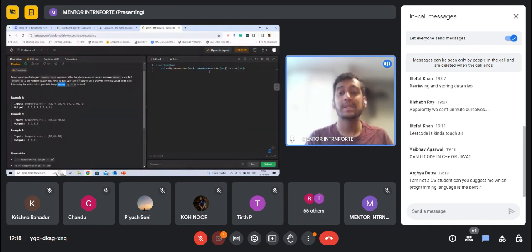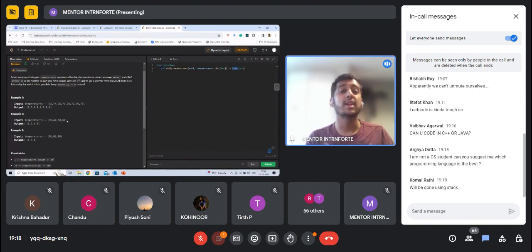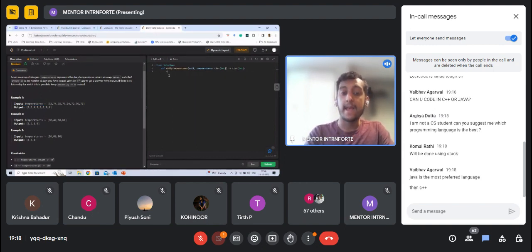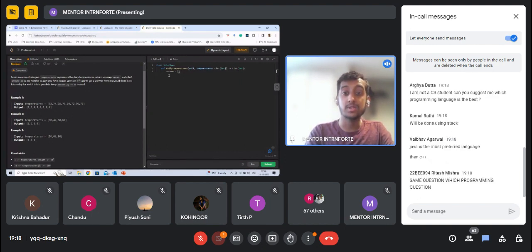So we have to basically return an array, or in Python a list, which represents the number of days we have to wait after each day for which we are given the temperature, in order to get a warmer temperature. So what we have to return would be an array of the same size as the input temperatures. So let me just create an object initially that I can return. I'm going to say answer equals 0 for I in range of temperatures, right?